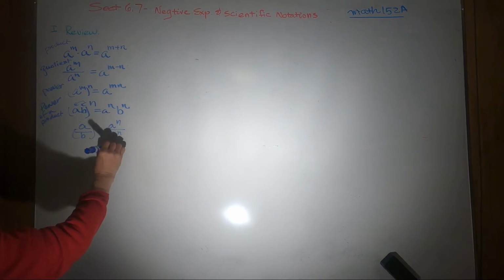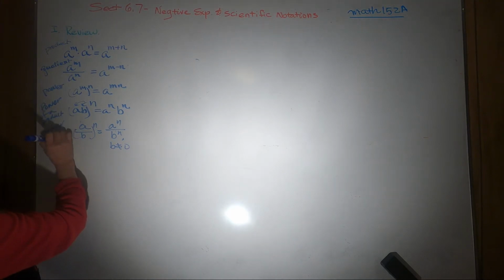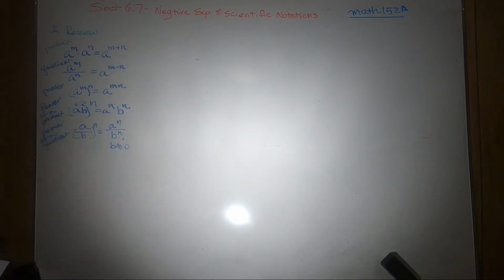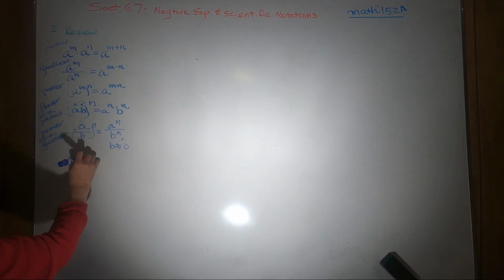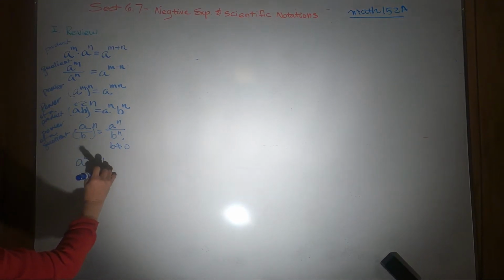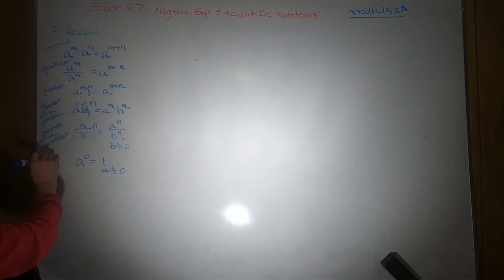Of course, the denominator cannot be 0, right? We'll call this power of a quotient, right? And we also have a 0 exponent, right? A to the 0 power is 1, and base we don't use 0. So we call this 0 exponent,